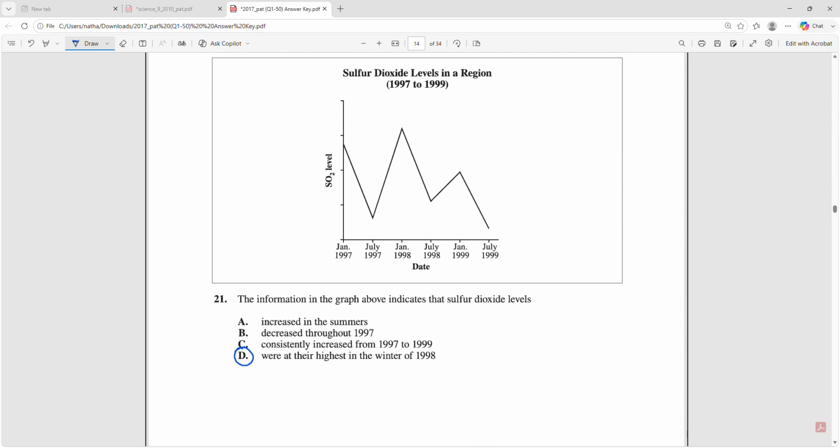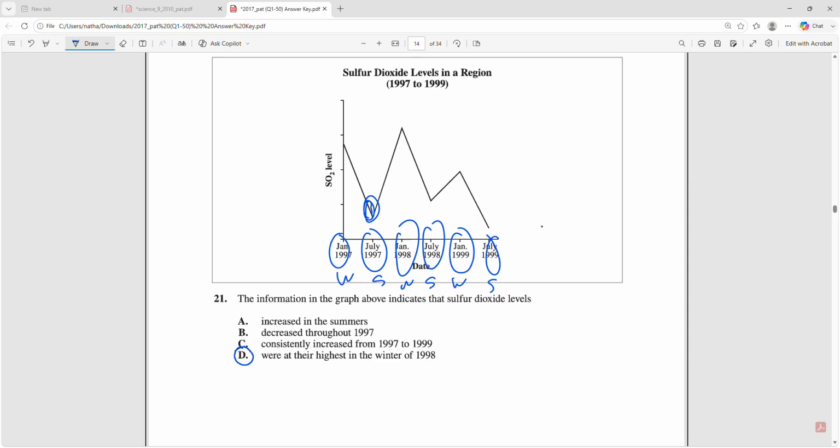Number 21, sulfur dioxide levels in a region. So we've got January and then July again for this 1 year, January and July, January and July. So basically winter and summer, winter and summer, winter and summer. The information in the graph above indicates that sulfur dioxide levels, first one, increased in the summers? Nope, it decreases in the summers. Decreased throughout